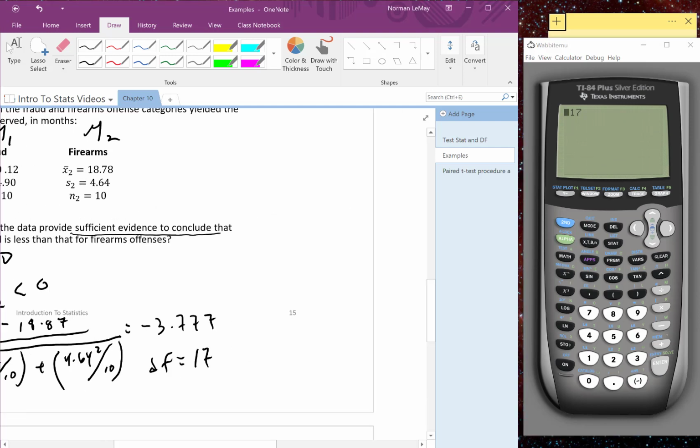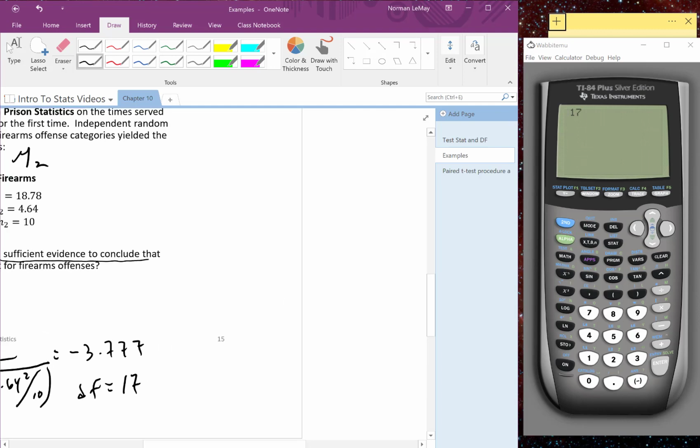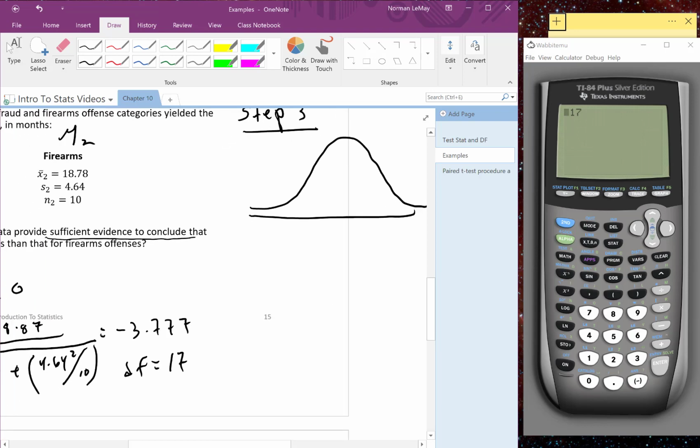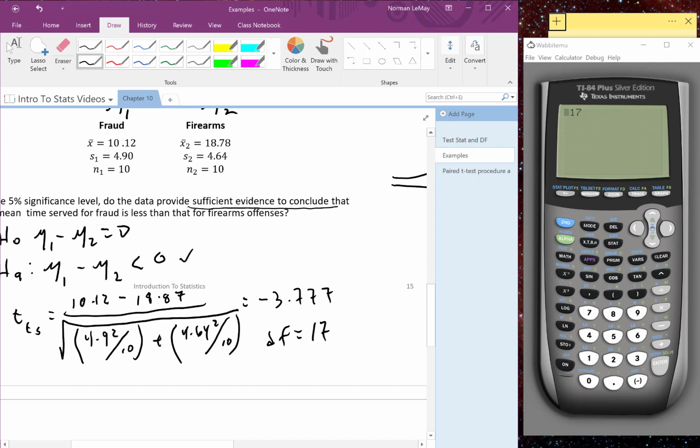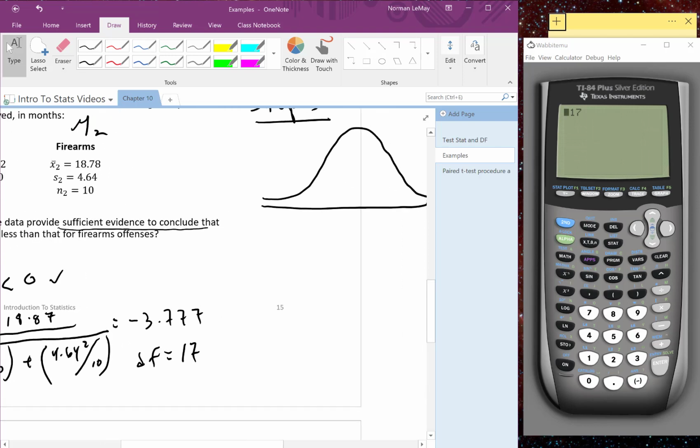All right. So let's just note that step 3 is to compute the p-value. So drawing our t-distribution, here is our t-distribution on 17 degrees of freedom. And let's note that by our alternative hypothesis, this is going to be a left-tailed test. So we get negative 3.777. And this to the left is going to be our p-value,